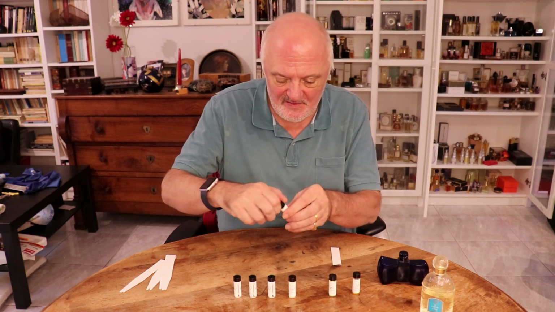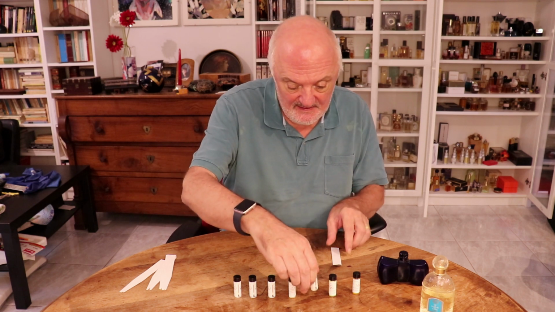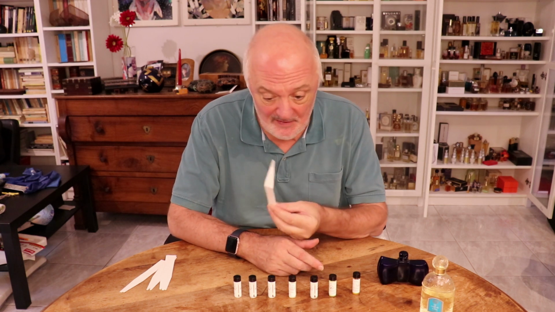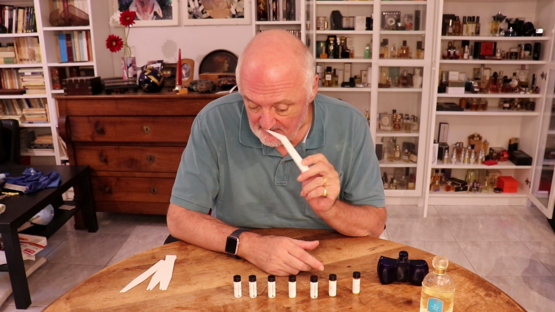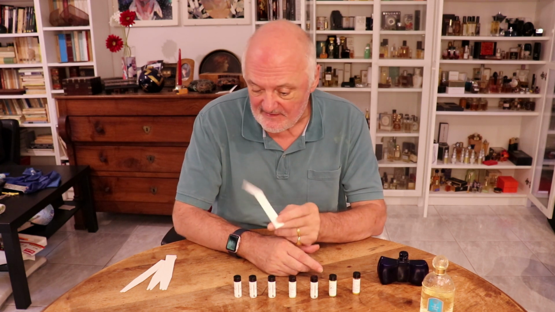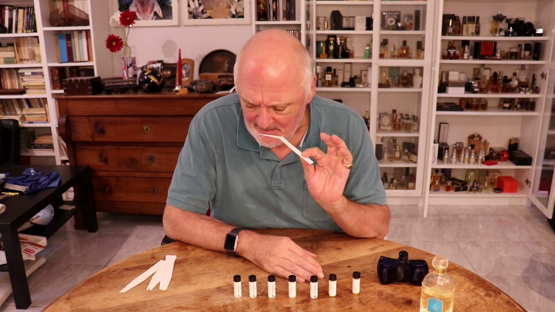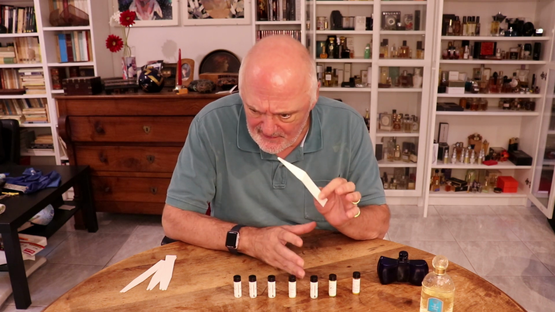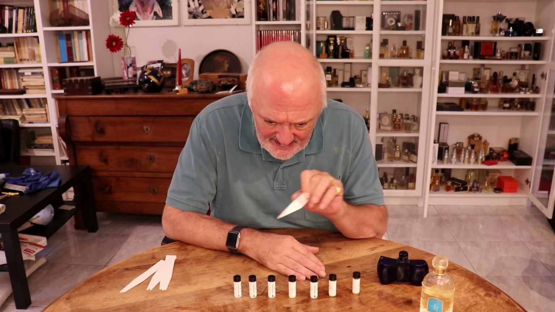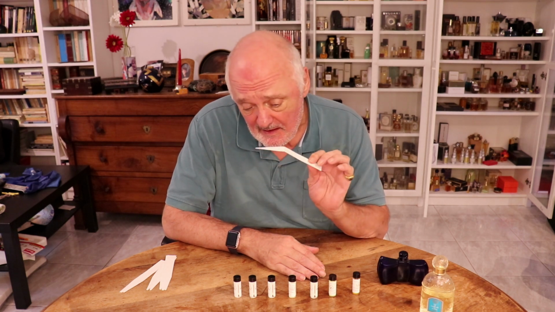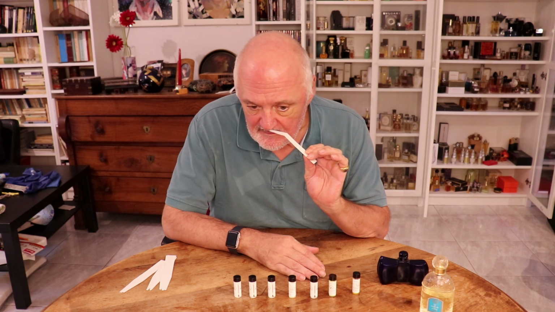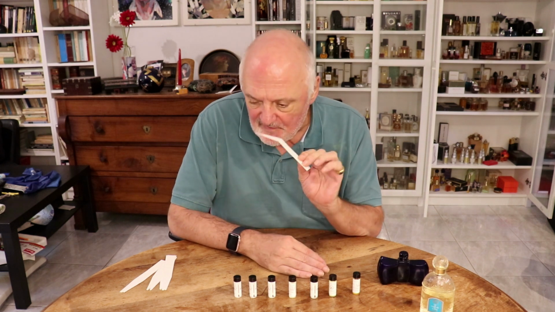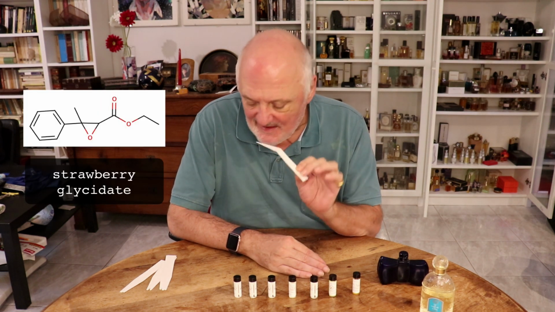So the first of these synthetic materials that are fruity is a molecule called aldehyde C16, and it's not an aldehyde, and it's not a 16 carbon. In fact, it's a 12 carbon molecule. I was a bit unfair, actually wrong, when I said that none of these were esters, because this is a glycidic ester, which is a peculiar structure with an ester linkage and an epoxy, a three-membered ring with an oxygen next to it. And this one is indeed fruity, and this thing is called strawberry glycidate.